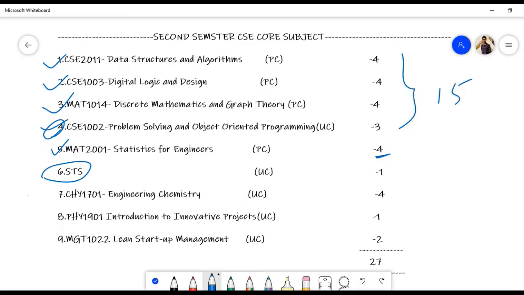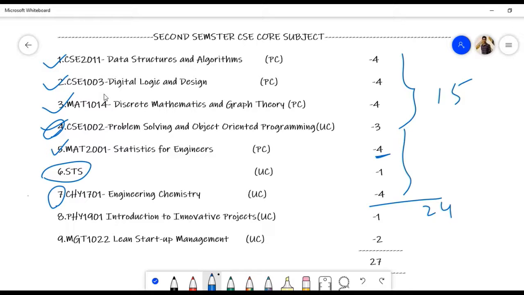Next, chemistry. Some batches will have Engineering Physics in the second semester, and some batches will have Engineering Chemistry. It may be reversed, because the faculty will assign these courses according to the VAT. Some batches will get Engineering Chemistry in the first semester, so you will get Engineering Physics in the second semester. It will vary. Up to this you will get 24 credits. As I see, 24 credits is very good.